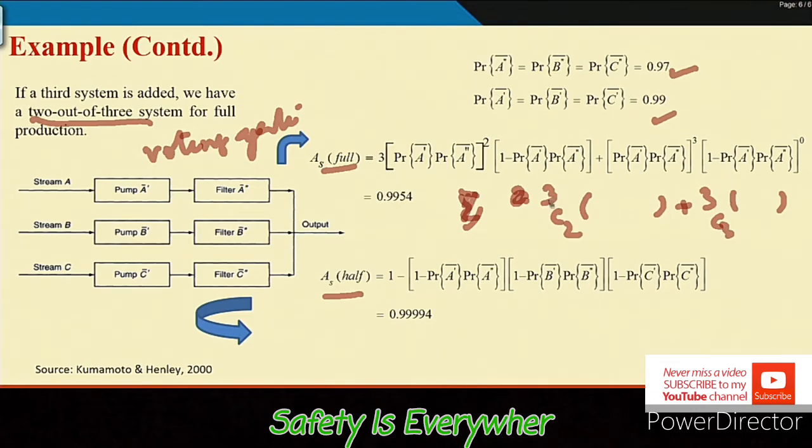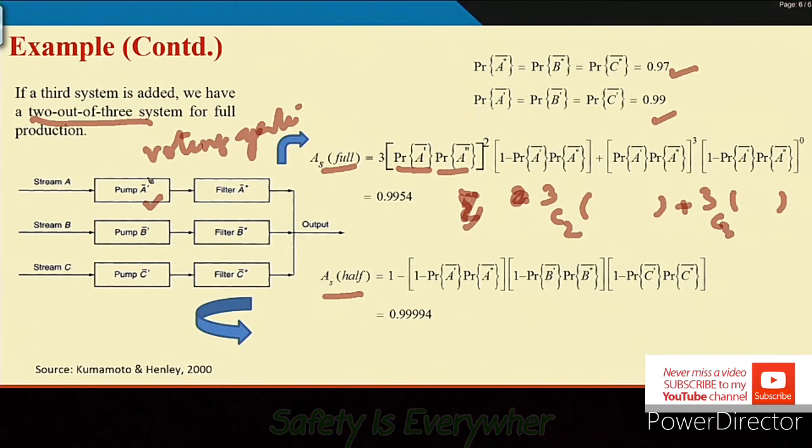So, when we are saying that the 3 streams, suppose stream A, stream B, stream C, their availability is what? Probability of AS, probability of A dot, and probability of A double dot bar success. Similarly the second one, similarly the third one. Because each of the streams, A dot, B dot, C dot bars, are equal, we can write only in terms of A, no problem there.